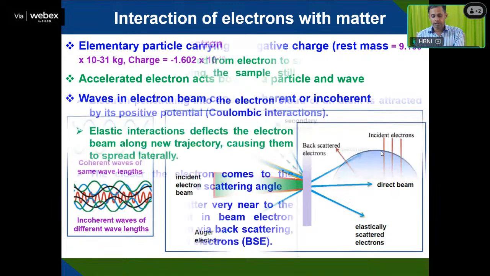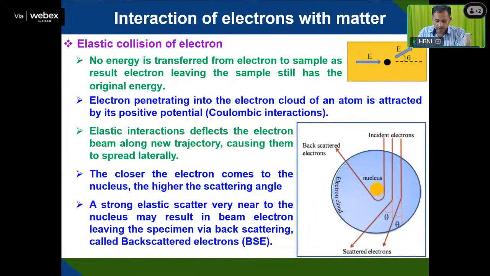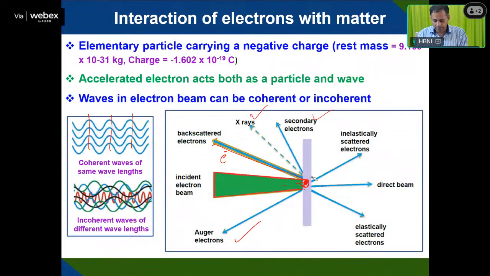So that will be a secondary electron. These are the different types of phenomena that are possible, or even the electron beam can be transmitted through the sample. From that transmitted electron beam, we'll see the transmission electron microscope, which we'll discuss. And whatever secondary electron or backscattered electron is produced here, from that we'll discuss how scanning electron microscopy uses